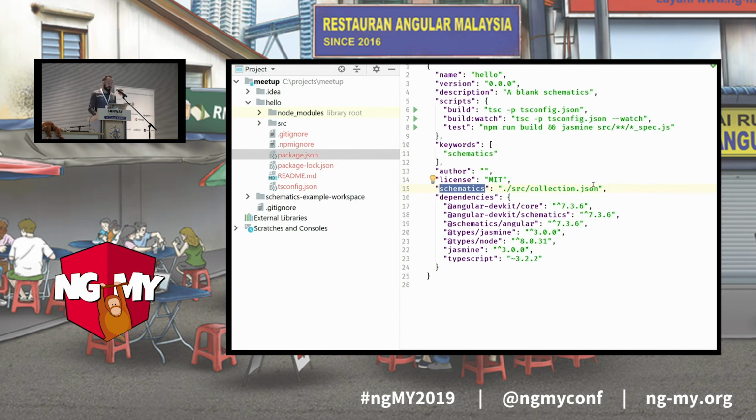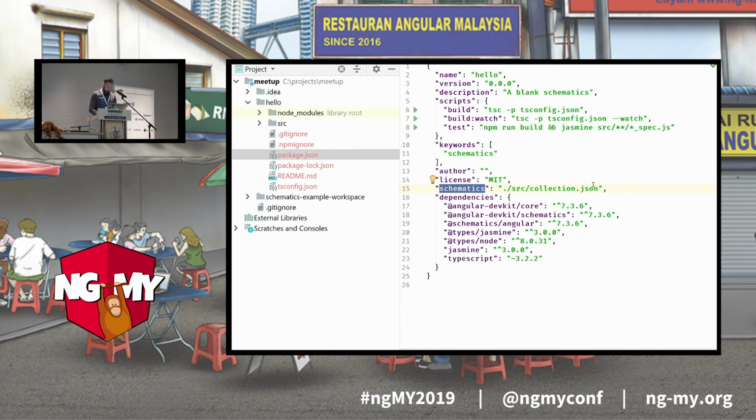But as we've seen before, schematics is all about convenience, so we always want to make sure that our users get the necessary info, so they get the help. To do that, we have to specify something called schema. So let's create a schema.d.ts file where we can export an interface called hello options, and this will have a name property of type string. And we can use that inside of here, so we can say that options are not any, but hello options, which gets imported automatically. Besides that, we also have to create another file, which is called schema.json. This file has to be referenced from the collection. So we say here, schema is in